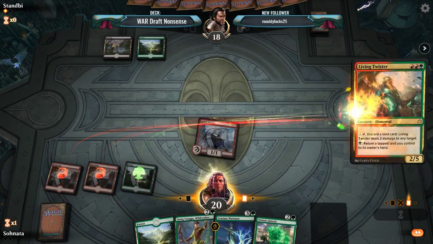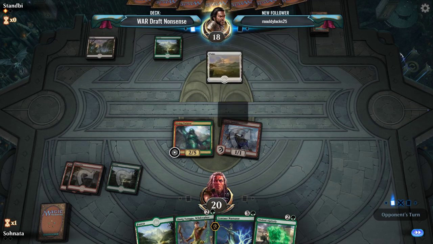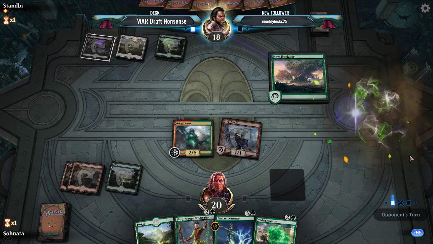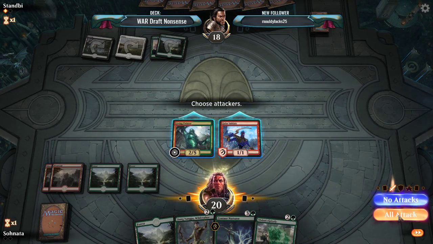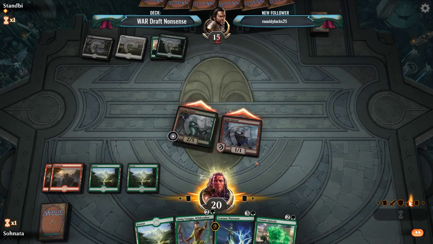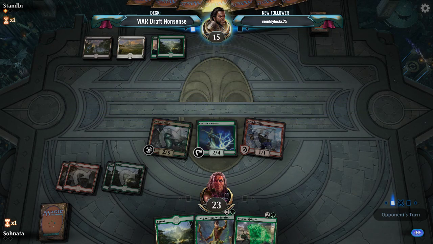And this seems as good a time as any to drop the Living Twister. Should attack quite well, and the sooner you can start doing nonsense with lands, the better. New Horizons for no value. Interesting. So they do have some fixing. I also don't know how well this is going to work out for their deck. It seemed pretty low to the ground, so...